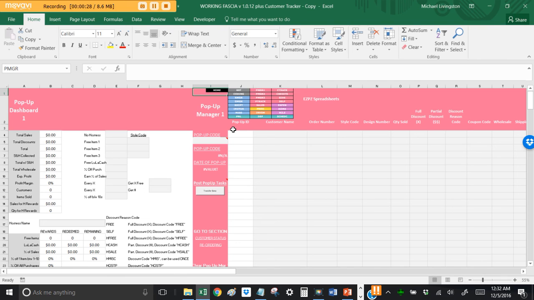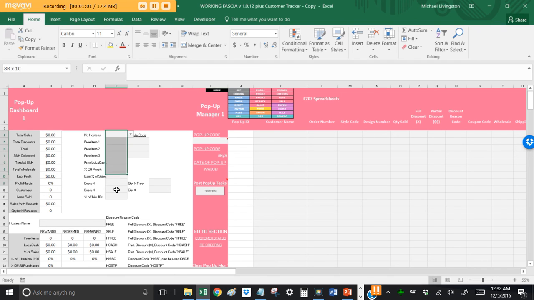function the same. It just allows you to, if you have a pop-up and you're closing out the data from the pop-up, but you have another one coming, you can use the other pop-up managers to kind of leave as standalone. So that's a nice feature to have for having multiple pop-ups within a time period, when open that you're waiting to close. A few things you'll want to do once you first get your sheet